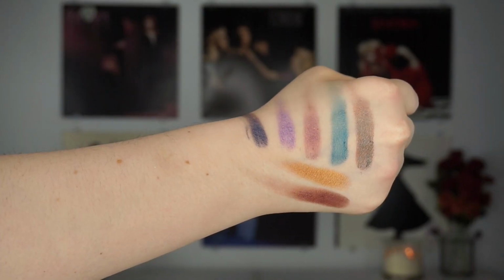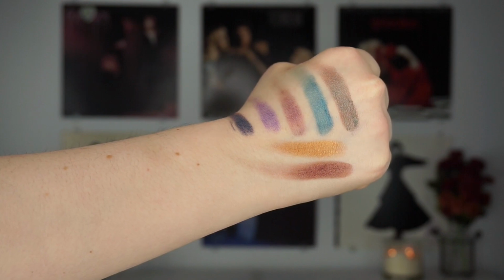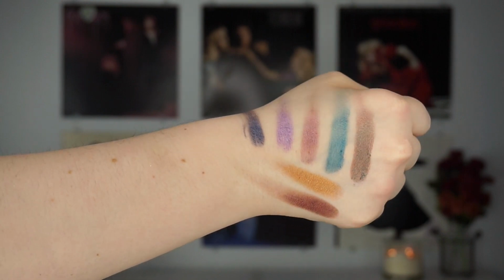And I actually have a couple of these other shadows already, like Fringe and Lounge, because they were either available as singles or in other palettes. That's sort of disappointing when brands do that. I get it, but I don't even really see those particular shades as being very popular. I just don't find this to be a very cohesive palette. And with the lackluster quality, the fact that I can't just pick this up and create a look from it, it's really kept me from using this palette, and I regret purchasing it, especially with that bottom row of